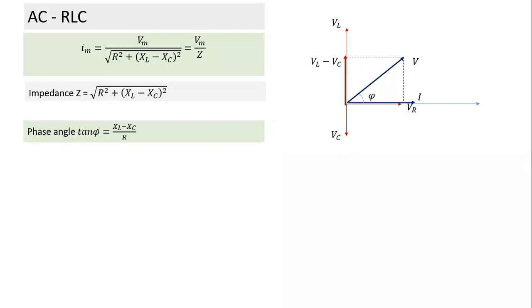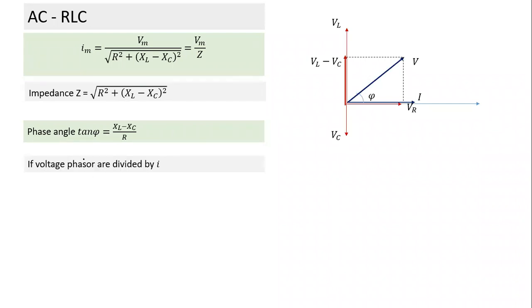Phi indicates the phase difference between the applied voltage and the current flowing in the circuit. There is voltage across the three elements, but the phasor sum of all three put together is the applied voltage, and this angle phi indicates the phase difference between the applied voltage and the current flowing in the circuit. In this particular case, V is leading because we assume XL to be greater than XC, and this kind of circuit, where the voltage leads current, is called an inductive circuit. L dominates in this circuit.